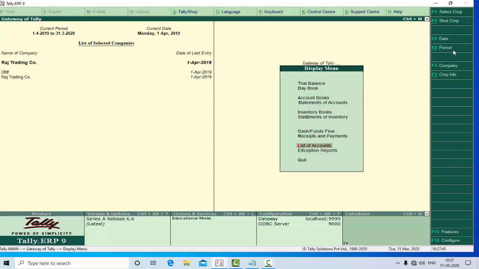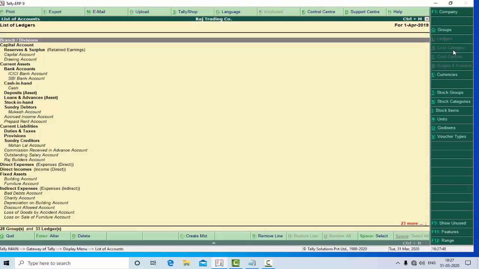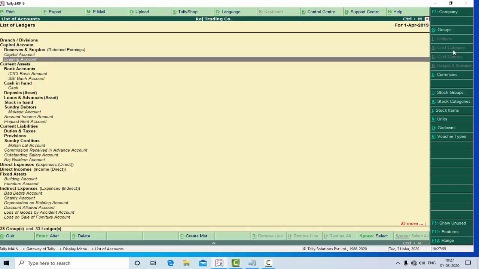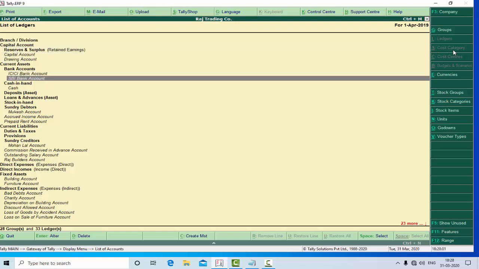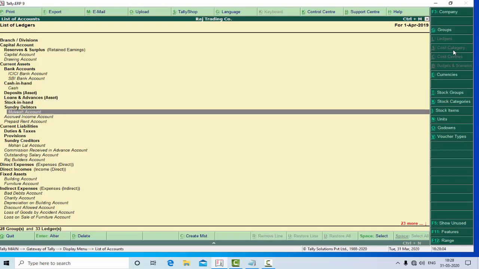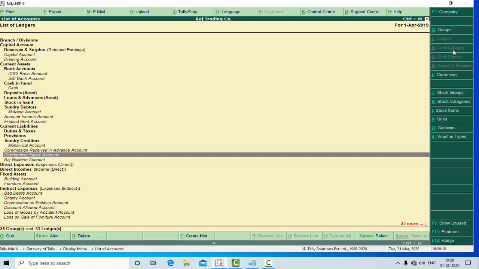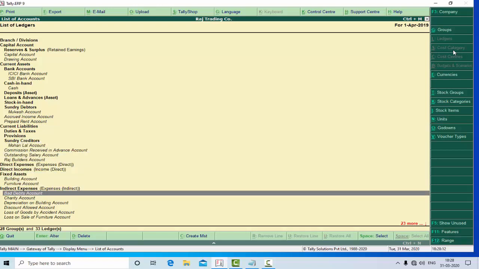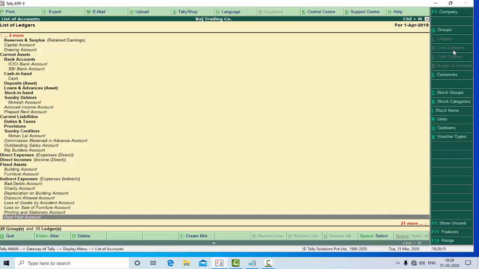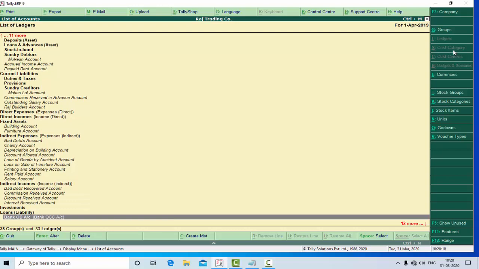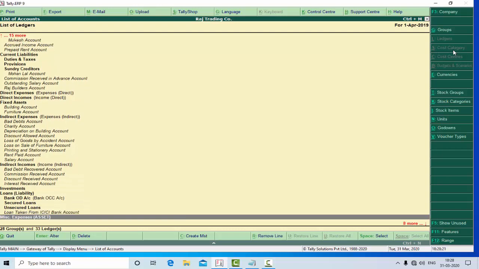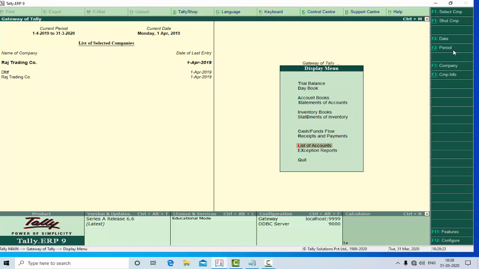detail. And next one is your list of accounts, all the accounts which are opened by us in the different groups will be displayed by this statement. Under capital and drawing. Under bank, ICICI Bank, SBI Bank. Under sundry debtor, Mukesh account. Under sundry creditor, Mohanlal account. Similarly, under indirect expenses, bad debt, all the accounts which are opened under different groups are visible in this statement. So I think you understand how we can see our basic report of